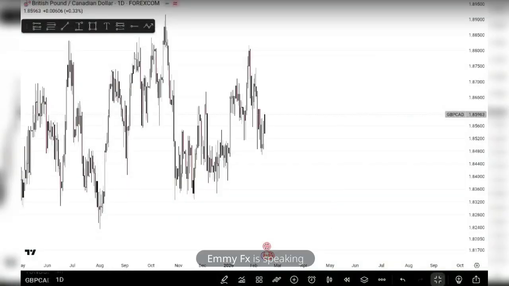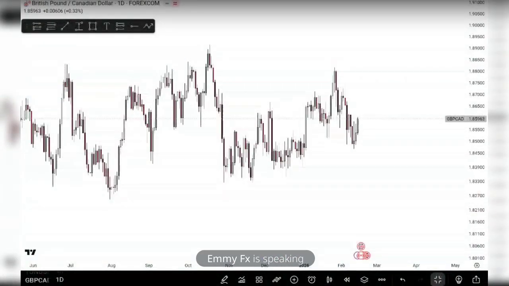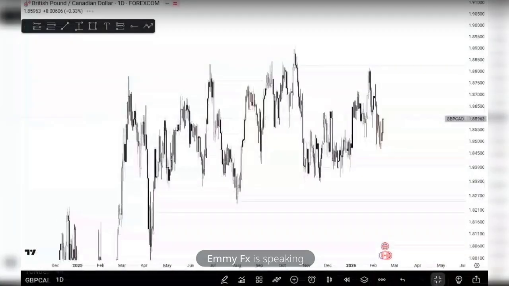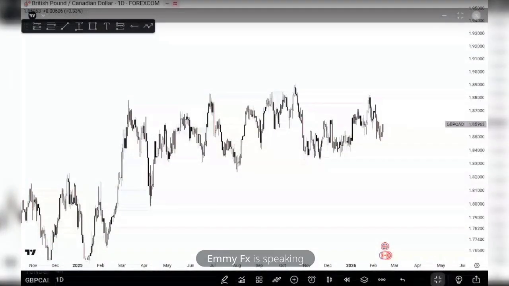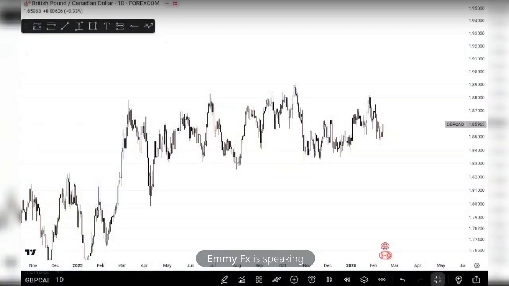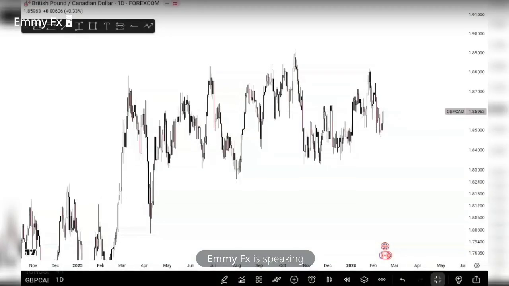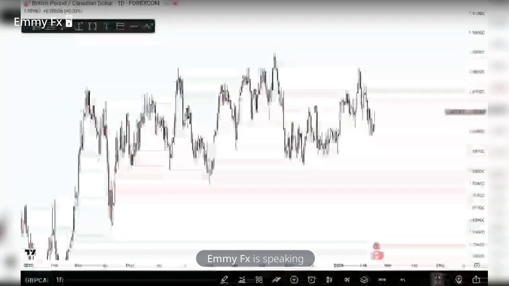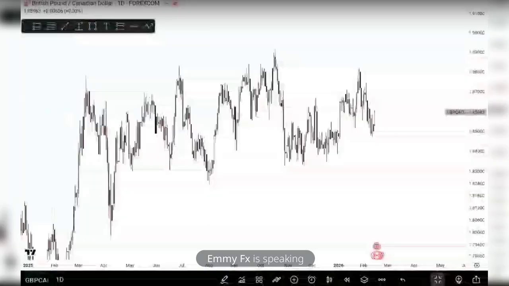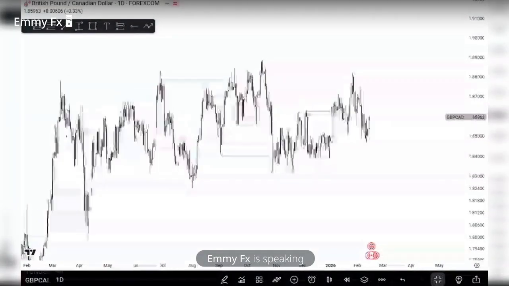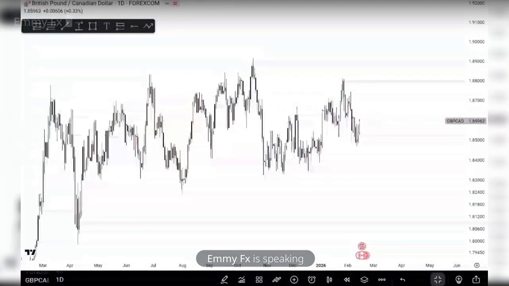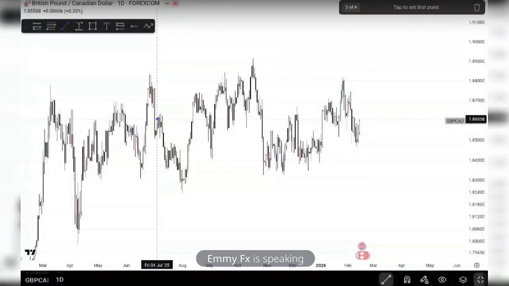All right, so this is GPP card. And as you can see in the higher time frame bias, the price is currently ranging, and also moving to the upside with size. All right. Now, if I could read this structure, you can see that we have